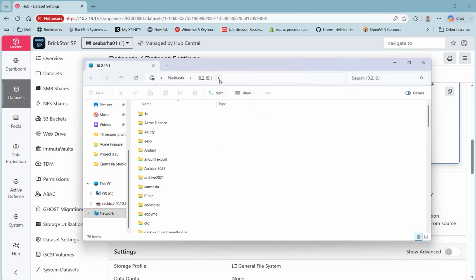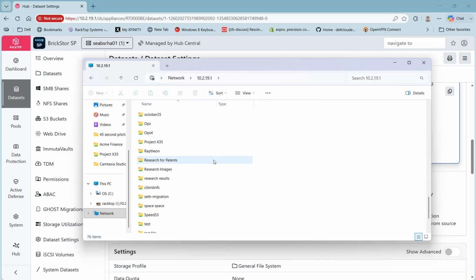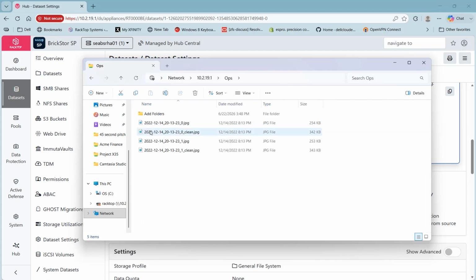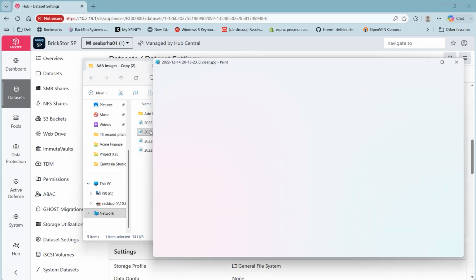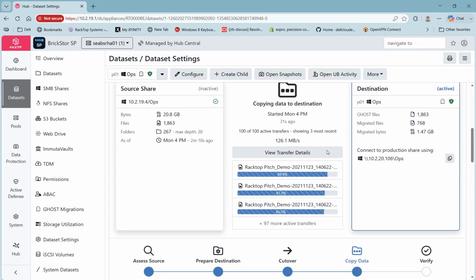So we can go right into that, and we go to ops. And now at this point, it's a live and active share. We're able to go and see those same videos and images like we saw before. Now users are actually operating on this share and data is coming over. But if we go back to this share over here, we see that we're transferring data. So we can see how many files we've migrated and how much data in terms of gigabytes we've migrated to